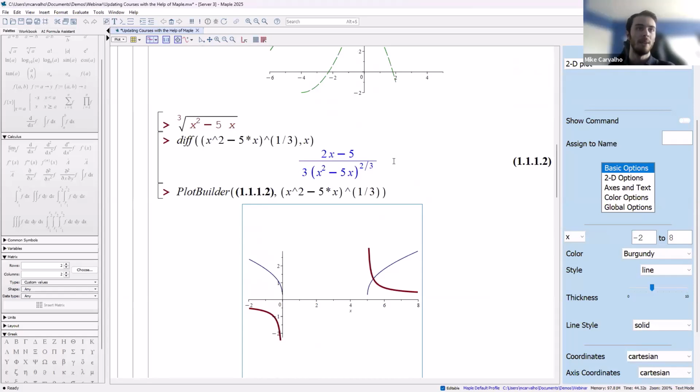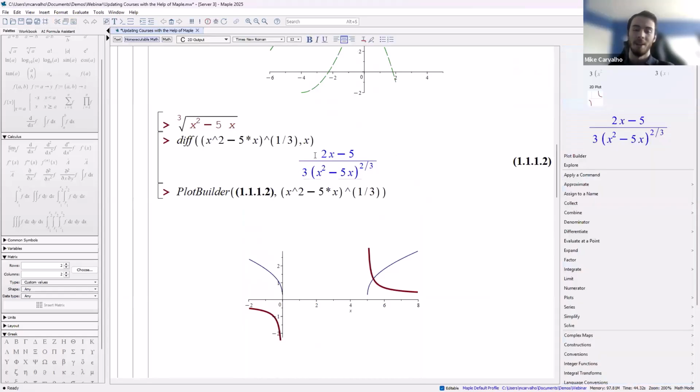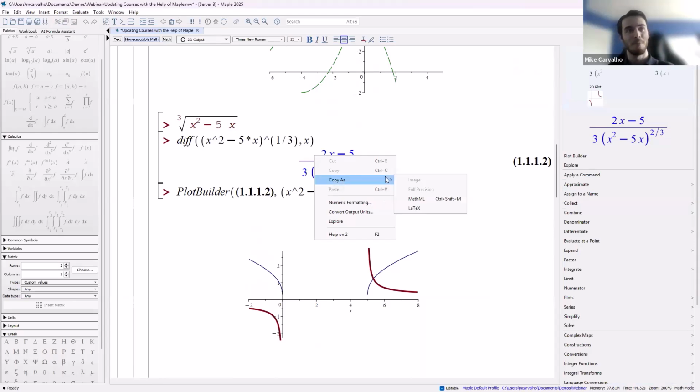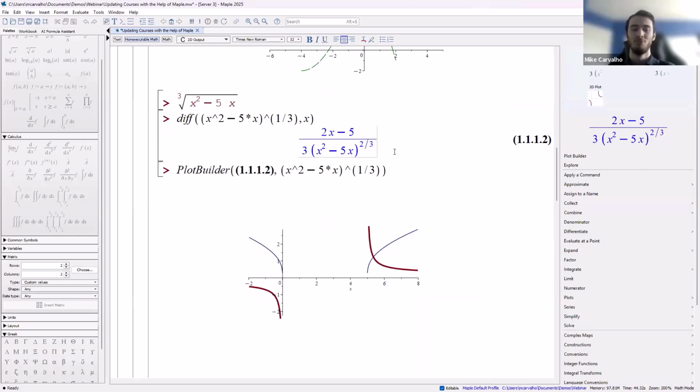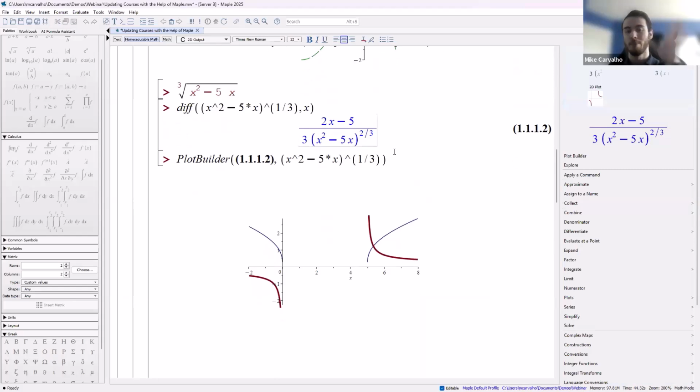It's really friendly to type in expressions, type them out here. And if I'm doing my course notes and say LaTeX or something, I can just right-click the expression, copy it as LaTeX, and then import that too. So nice and easy, really quick to get plots straight from Maple into whatever course notes, whatever lecture notes you're making.